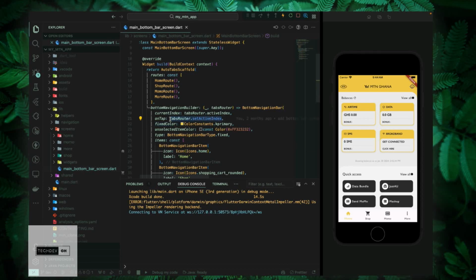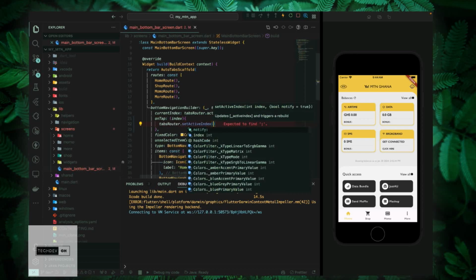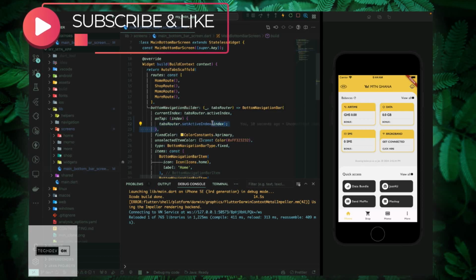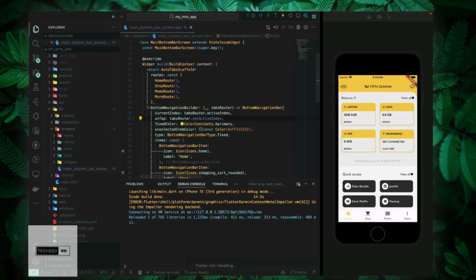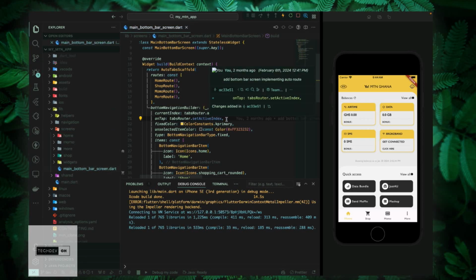Now the traditional way would be to create this anonymous function and then call the set index here, passing it index. But with tear-offs, we can skip all these lines of code and make it a simple call like this. Now this code is equivalent to the previous code we wrote earlier, and we see this is far simpler and